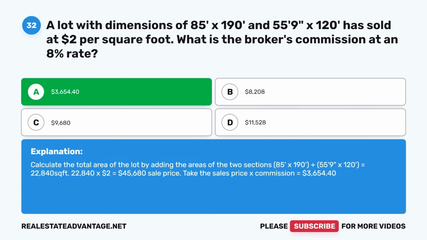$3,654.40. Calculate the total area of the lot by adding the areas of the two sections, 85 feet by 190 feet, plus 55 feet 9 inches by 120 feet, equals 22,840 square feet. 22,840 times $2 equals $45,680 sale price. Take the sales price times the commission rate, equals